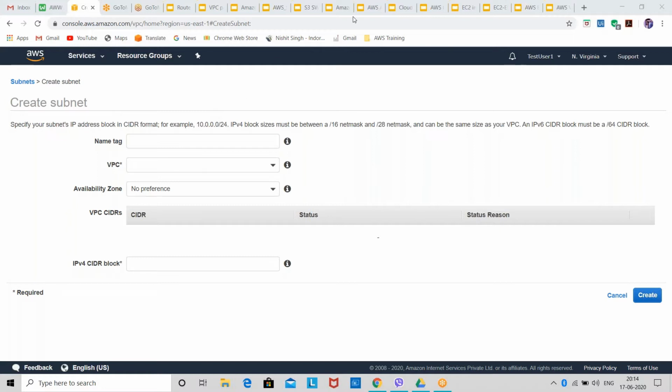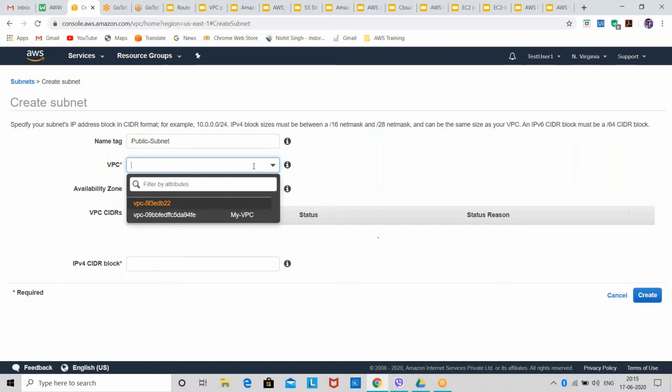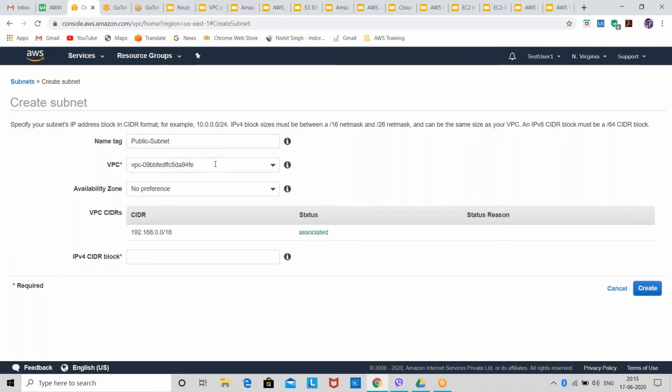We'll create one public subnet and one private subnet. I'll give the name public subnet, and then we have to select a VPC. I will select my VPC because I'm creating this subnet for my VPC.